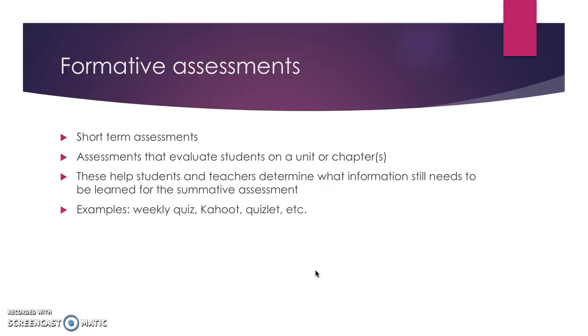So kind of getting a feel for what the student needs to learn, what they're having trouble with, and things like that. Some examples are weekly quizzes, Kahoots in class, just a kind of fun assessment to mix things up, and